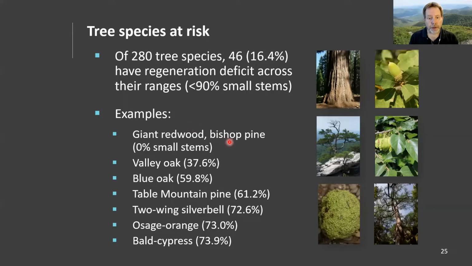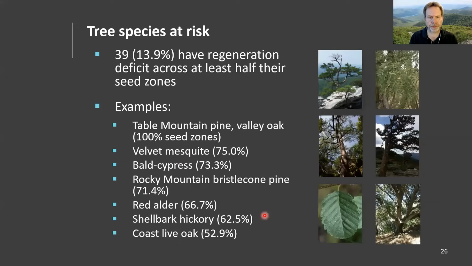Some examples are giant redwood and bishop pine in California, which had no stems, or small stems at all, as well as some western oaks, Table Mountain Pine, Osage orange, bald cypress. Some tree species are at risk across the majority of their seed zones. There are 39 of those, so those are of concern. Some of those overlap with the ones we just looked at, but then there's some others here as well that may clear that threshold